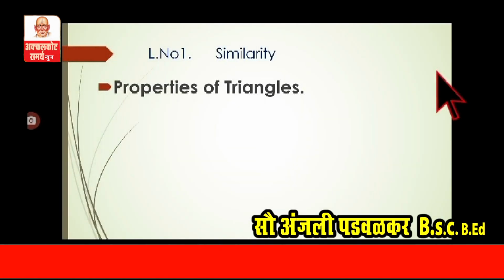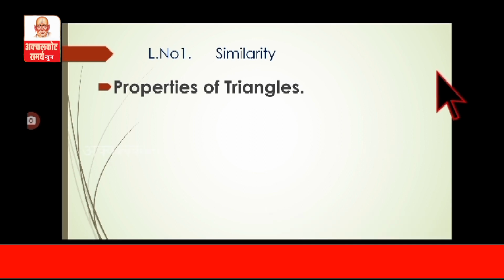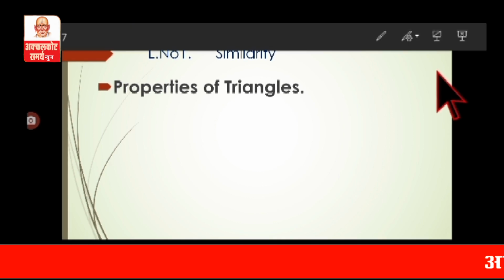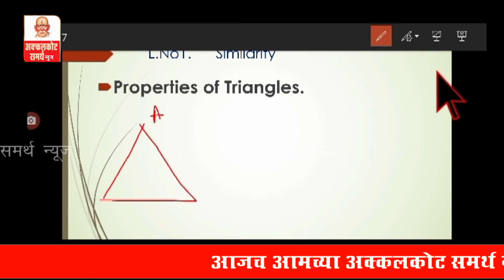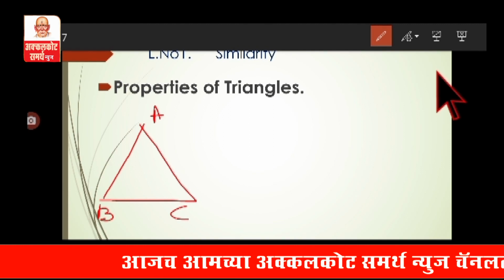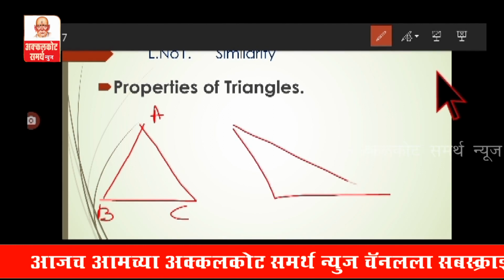Okay, in this first part we are going to study some properties related to areas of triangles. So see here, first I will take two triangles. Here is one triangle. This is a triangle ABC, and this is a triangle, suppose